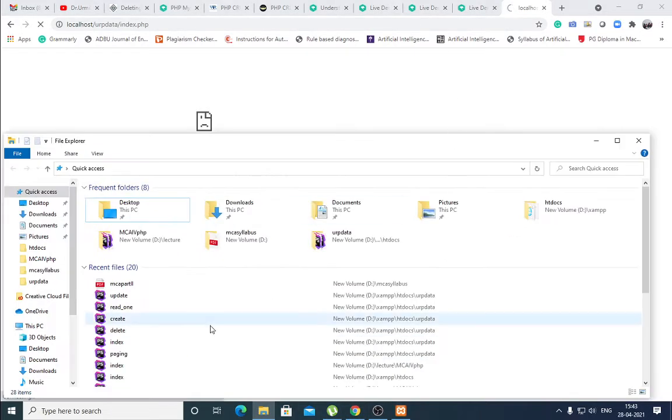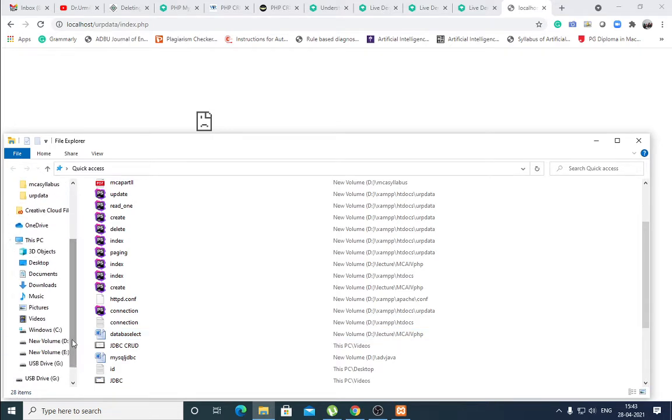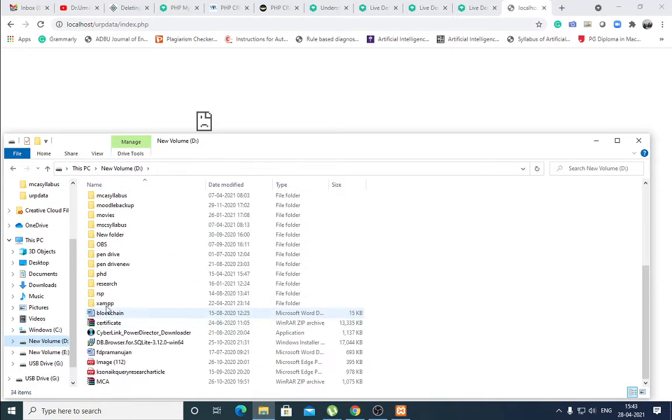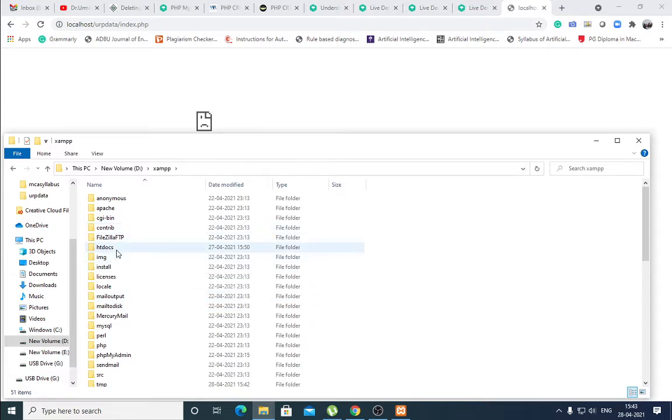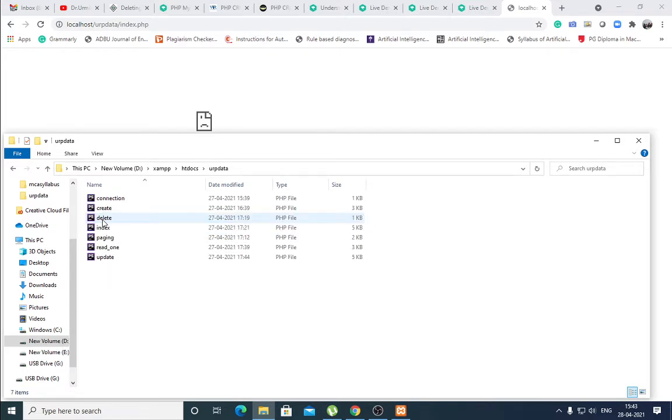Here my XAMPP folder is stored on d:\XAMPP. Then the htdocs folder is there. In htdocs I have created one folder for this program, urp data, and it contains all the files which have